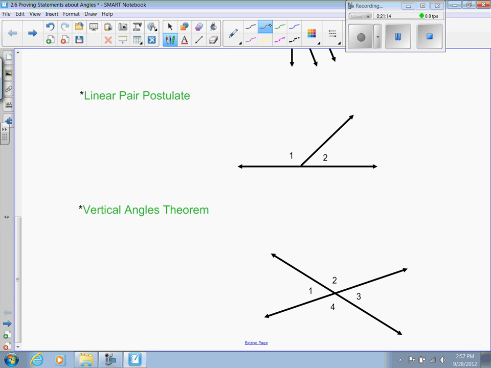Got ahead of myself. The linear pair postulate says if two angles form a linear pair, then they are supplementary. So I'll abbreviate it. If linear pair, not very good English, but it's good for your notes. Linear pair, then supplementary. So we've probably been using that already a little bit, and we've also been using this vertical angles theorem,